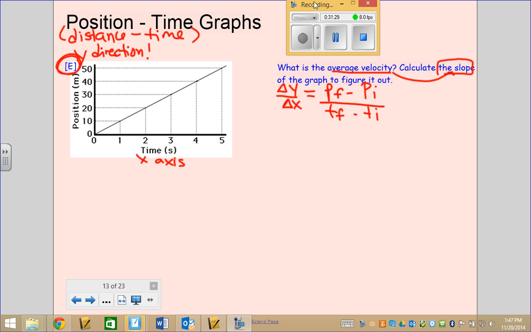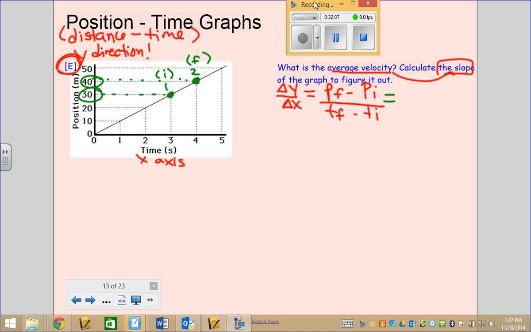So I'm going to pick 2 points. And for fun, I'm not going to pick the first and the last. I'm going to pick these 2 points. So when I pick 2 points on the line, and it's key that they are on the line, the first one, which is the one that's closest to the left, will be your initial point. The second point, which is the one that's farther to the right, will be your final point. So I'm going to do final minus initial position. So if I follow this over,